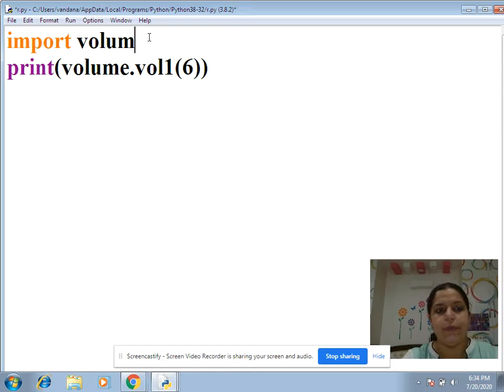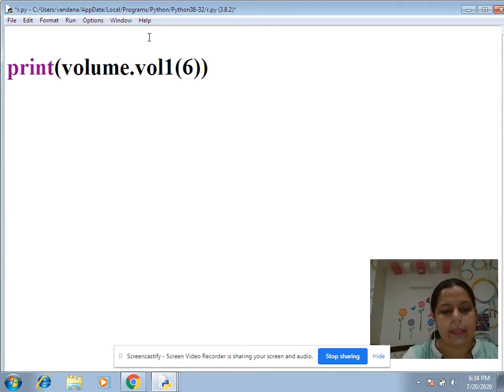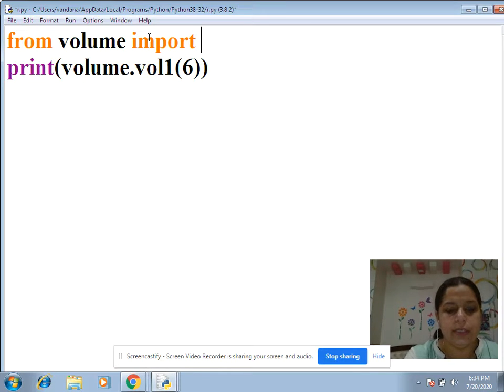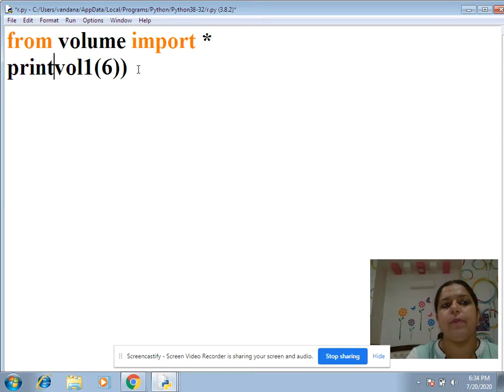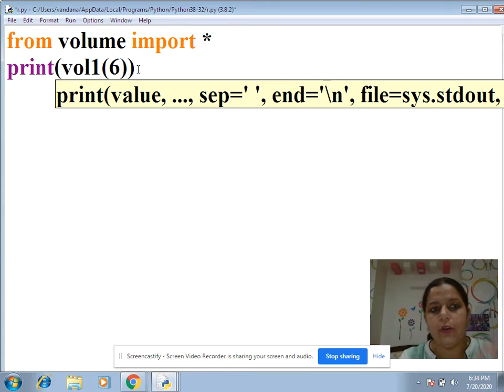So one way of writing this, I can write: from volume import star. When we are using this statement, there is no requirement of putting the dot.